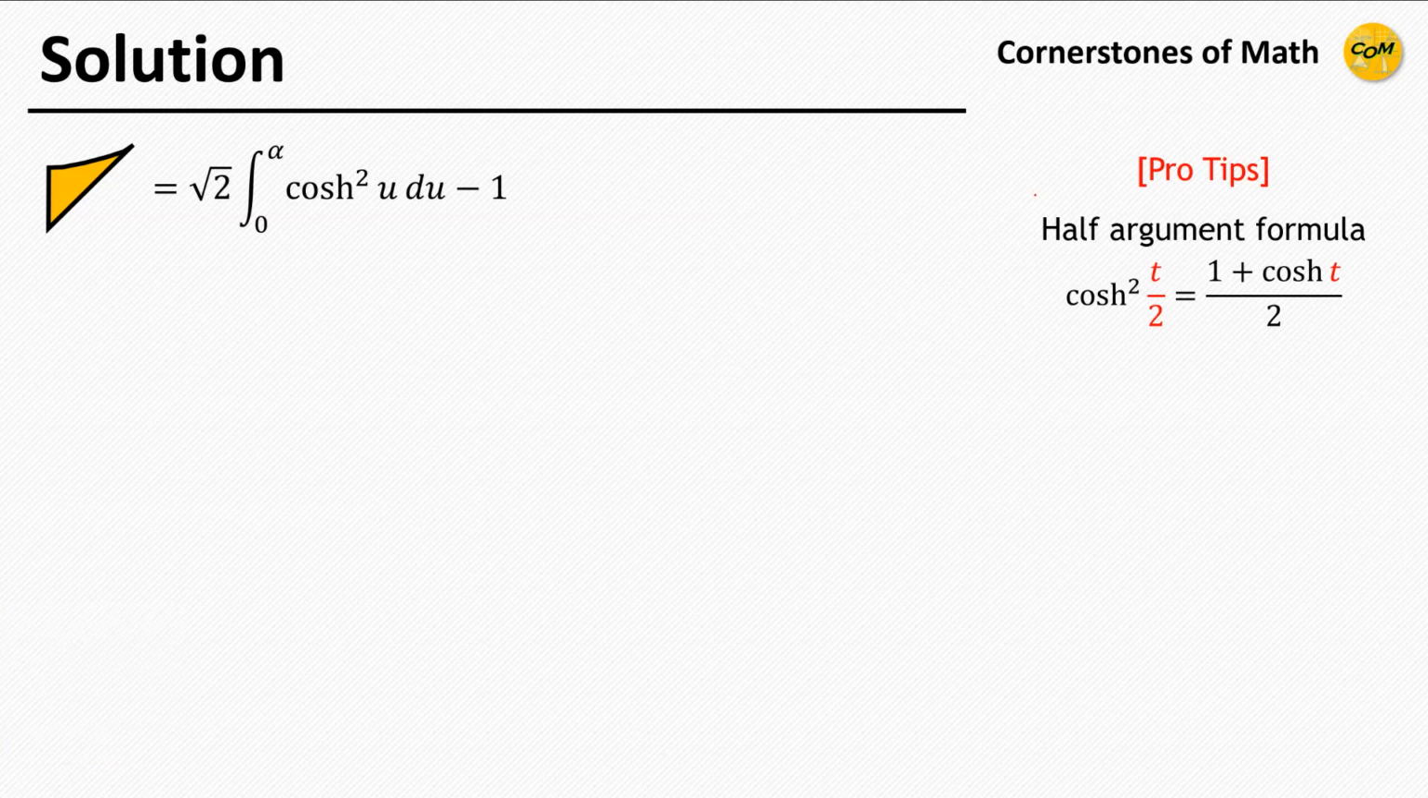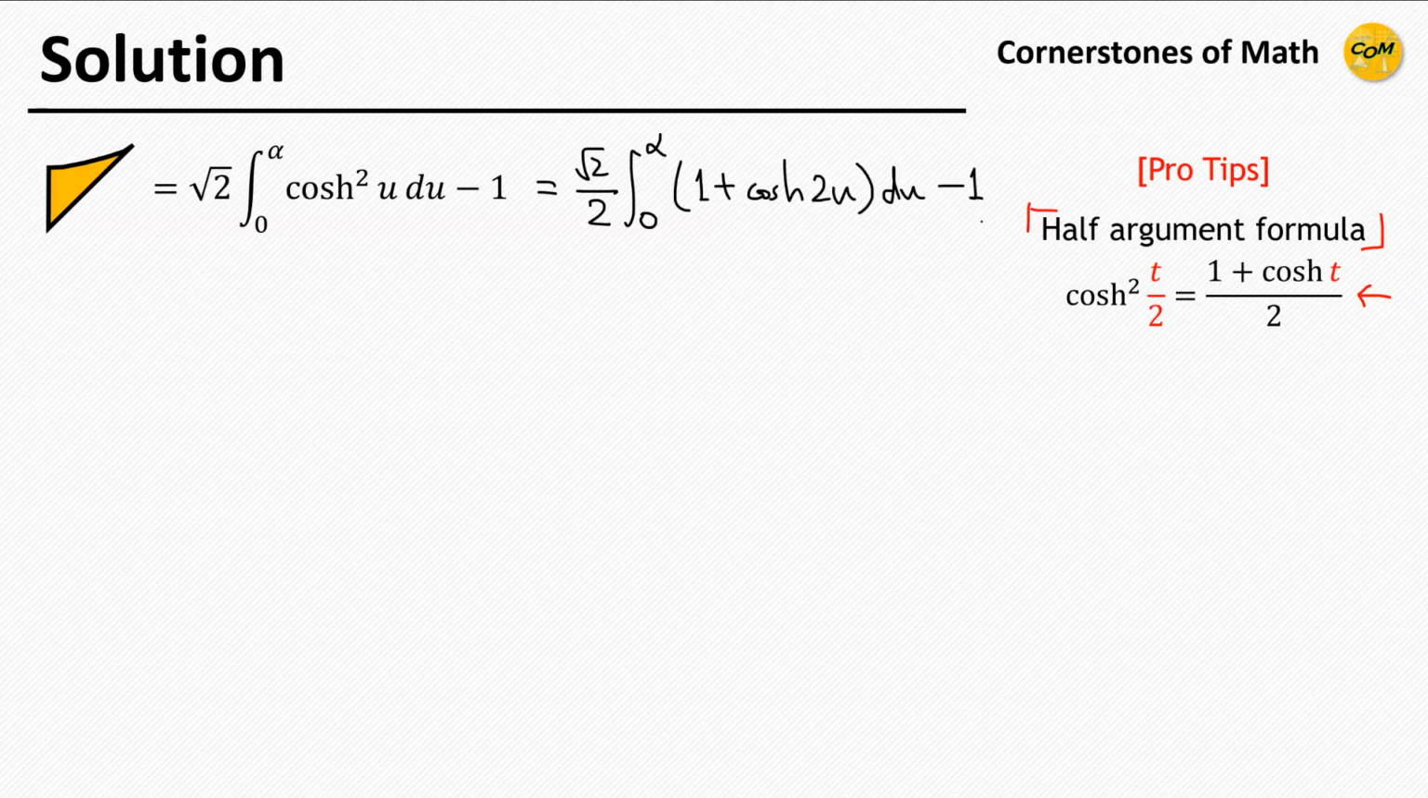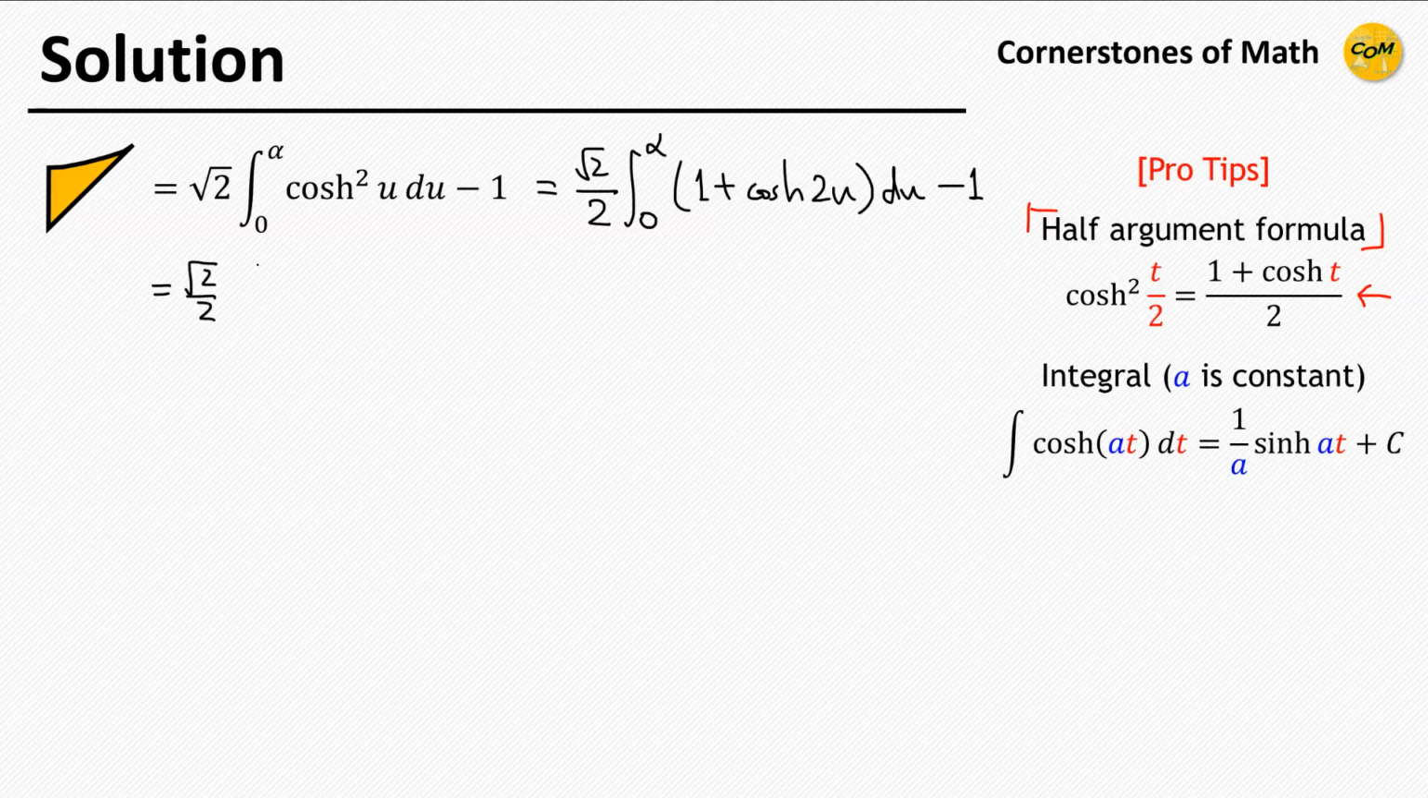Here we can integrate hyperbolic cosine squared by applying the half argument formula of the hyperbolic cosine, which looks quite similar to the half angle formula of trigonometric functions. Then we have square root of 2 divided by 2 right here, then integral 1 plus hyperbolic cosine 2u du. The integral of hyperbolic functions works similarly to that of trigonometric functions. So we have square root of 2 divided by 2, then antiderivative u plus the antiderivative of hyperbolic cosine 2u